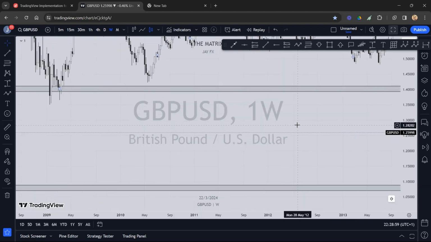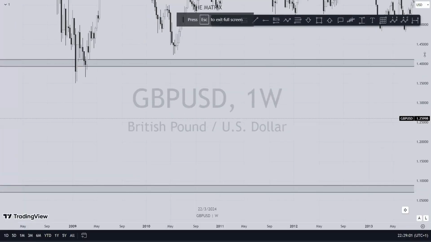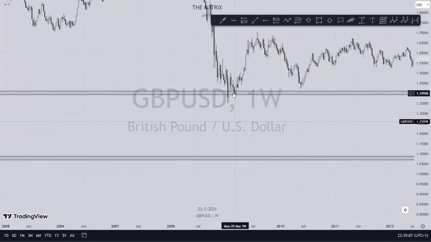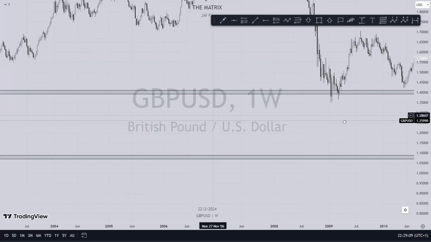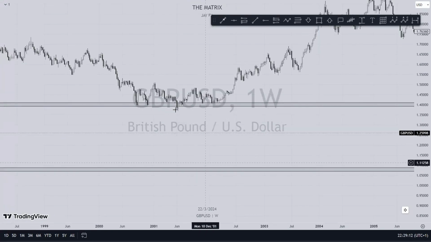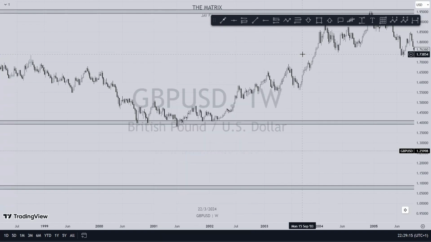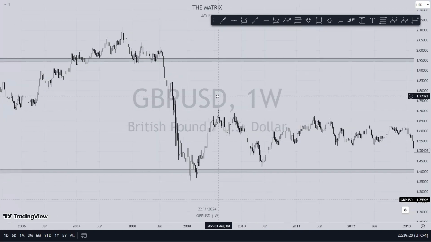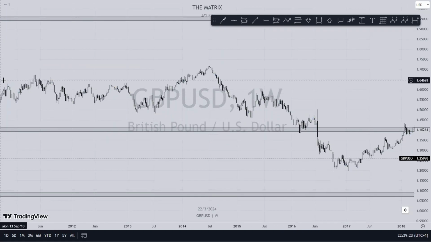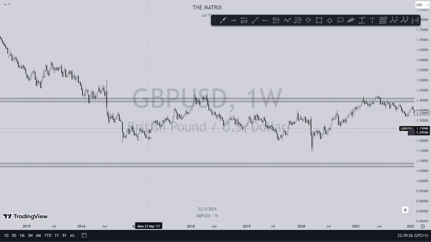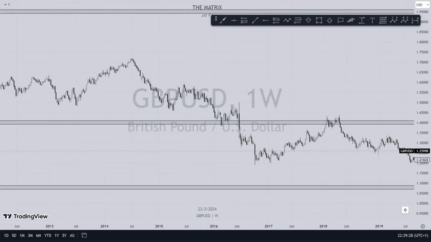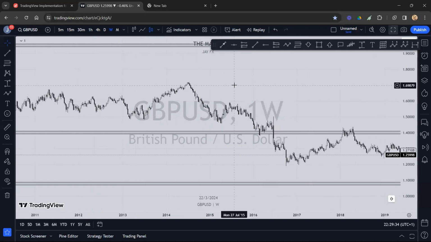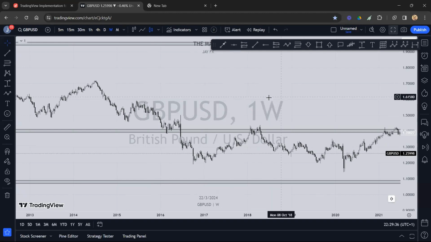You can see how neat and nice. Let me go full screen. Reduce it a bit. So you can see how everything is lining up neat and nicely. You can see it's all done neat and nicely. So you want to be able to draw your key levels neat and nice as I drew mine. Very clean. So first things first, you identify your key levels, and next thing is to identify the trend